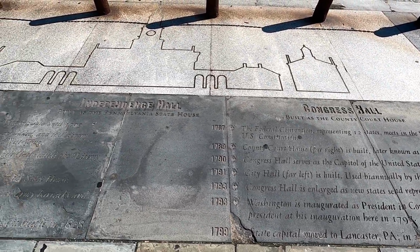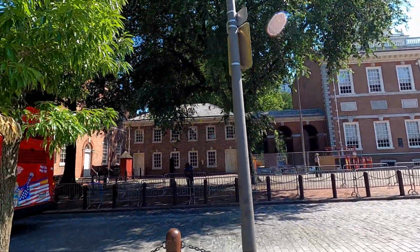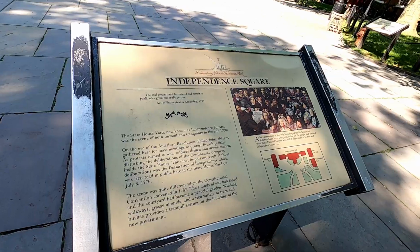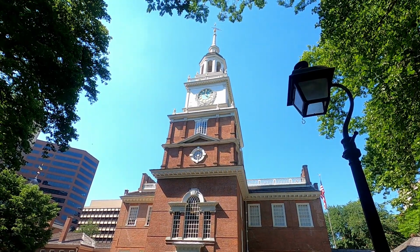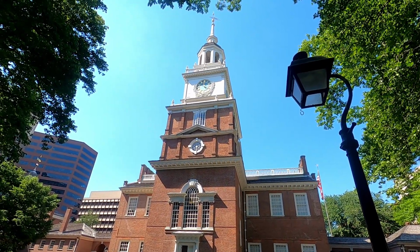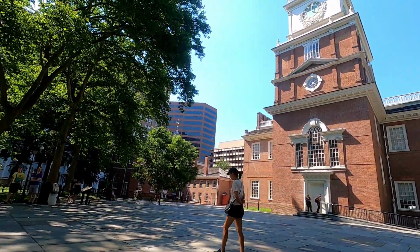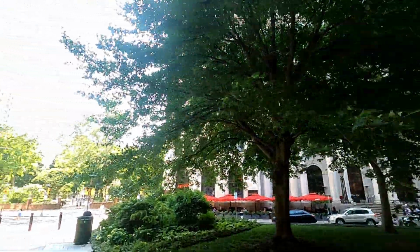You've got the Independence Hall and the Congress Hall and all of the other relevant halls along the way, like right across the street here, your Congress Hall. I believe where those papers were signed are independence contracts. Absolutely love to see that too. That's 4 o'clock right there. 4 o'clock. After hearing the ringing of the bell right above that Congress Hall was really cool to see and to hear,